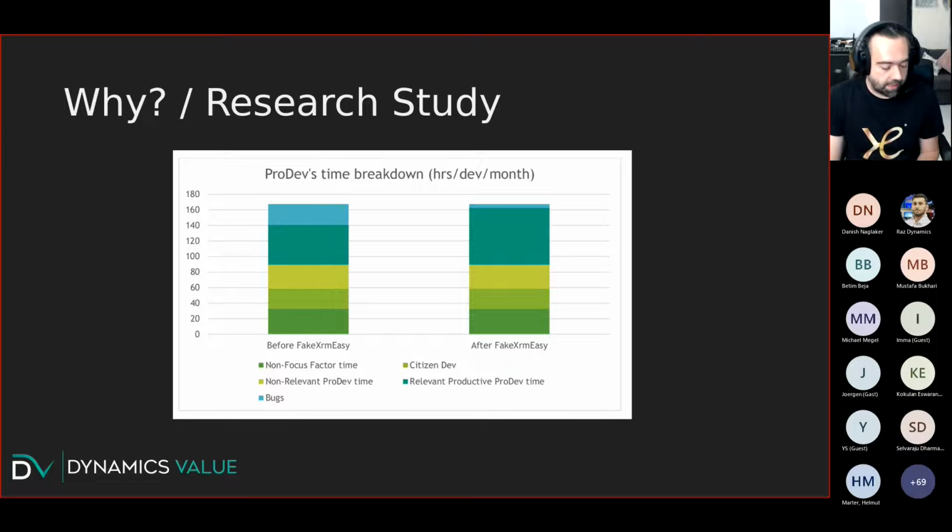So again, if you have any questions, please drop me an email. I won't go through everything because it's massive, and I'm already spending like 10 minutes. But basically, the idea of the research study was to measure the time before and after. As you can see, the two boxes at the top, the one in blue is the time spent on bug fixes, and the second one from the top, in green, is actually the time where we could use FakeXrm,